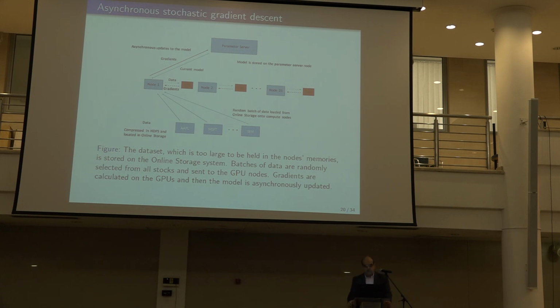So this is the type of algorithm that is scalable to such dimension. You pick a random subspace, and then you do a stochastic gradient step in this random subspace. And you iterate. Okay, so that's how it's done. Now, the data set needs to be read for each of these calculations. It's too large to be held in the memory. It's petabytes. So, in fact, it's very important to do this asynchronously, otherwise you cannot even do one step.